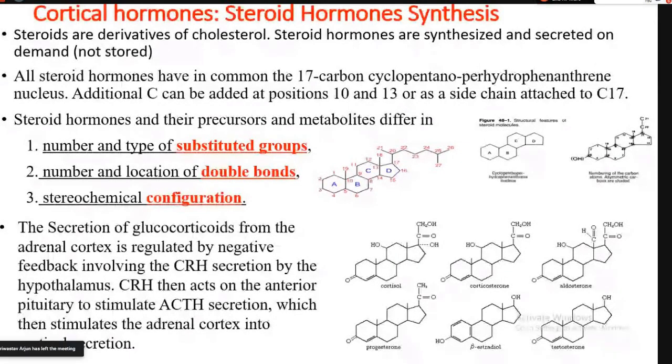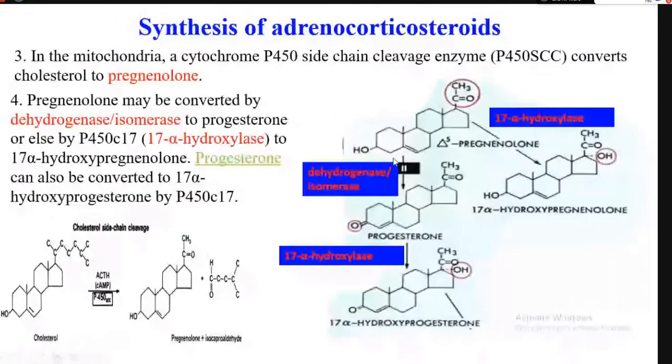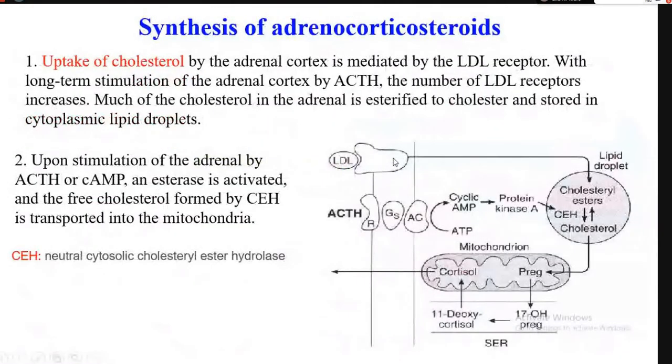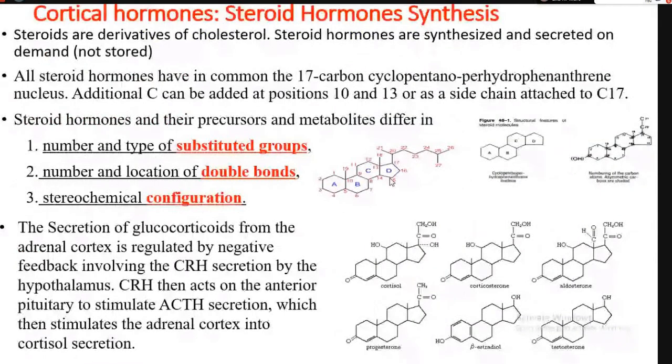Now this is a small ring here. I am showing a numbering system here. So everybody should know about this. Everybody should draw this diagram in your notebook. Okay, from the textbook. How to number this: 1, 2, 3, 4, 5, 6, A ring, B ring, C ring, D ring, and there is a side chain. Okay, there is a side chain. It's a side chain of cholesterol.